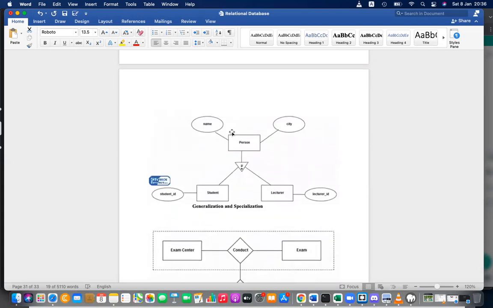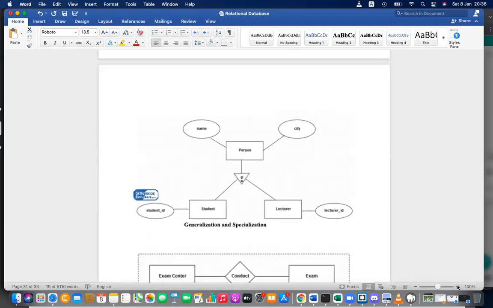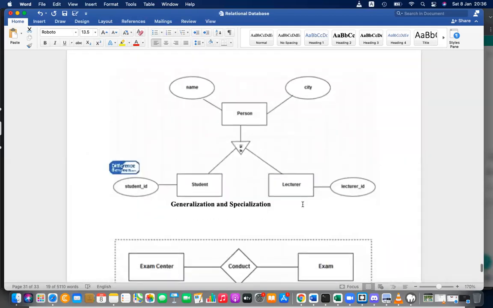So generalization, specialization, what is that? Entities can have child entities. Here, a student is also a person, and a lecturer is also a person. So this is a relationship, called generalization, specialization. How does specialization happen?